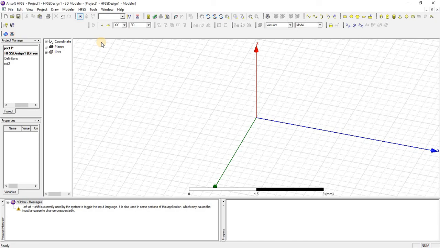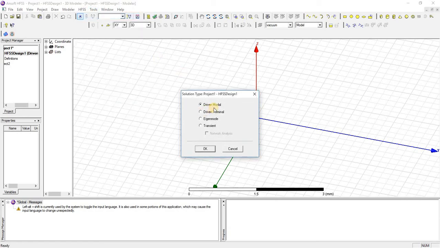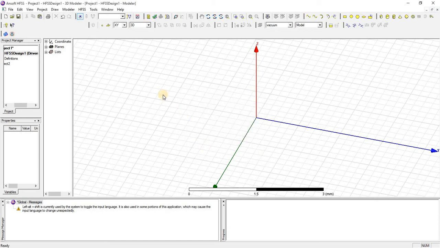After that, the third thing is to check the solution type of HFSS. By default it is Driven Modal. If you want to change it in a new project, you can click on Driven Terminal and just press OK.